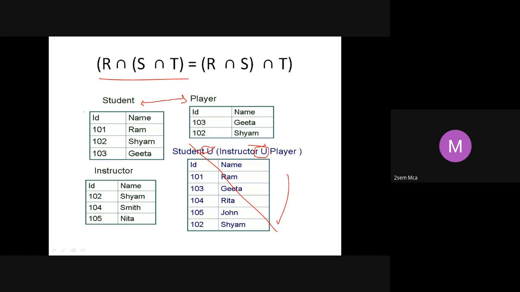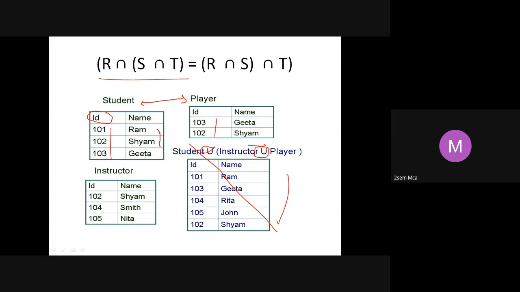All right. Now, what is the first attribute here? It is ID. ID is taking numbers 101, 2 and 3. Here also the first attribute takes numbers 103, 102. Values can be different. But what is the data type here? Domain. That means what are the allowed values? Allowed value is again number, 3-digit number. So they are compatible. So domain of ID of student is same as domain of ID of player.